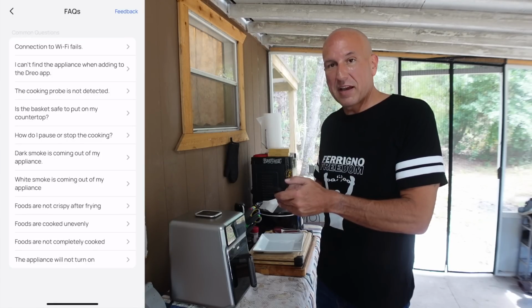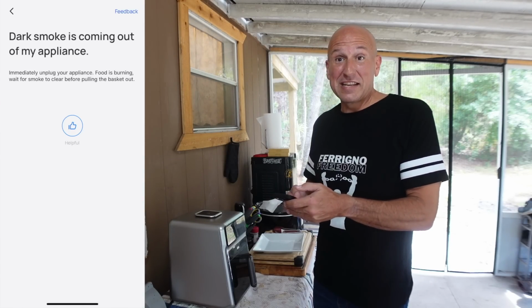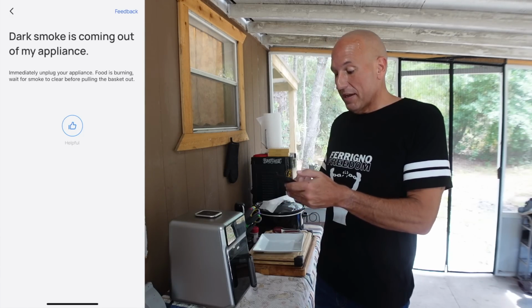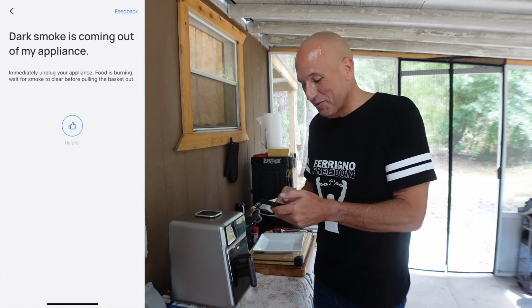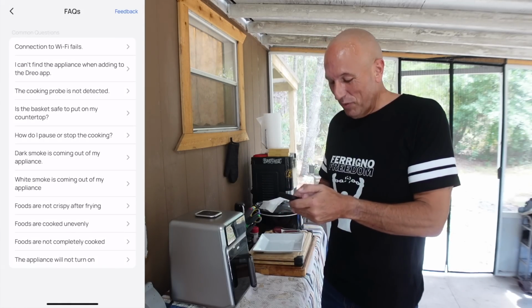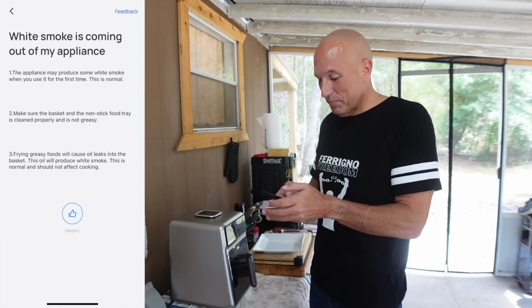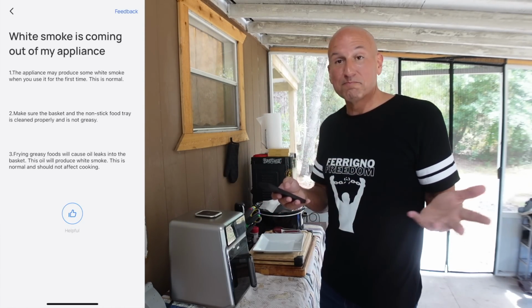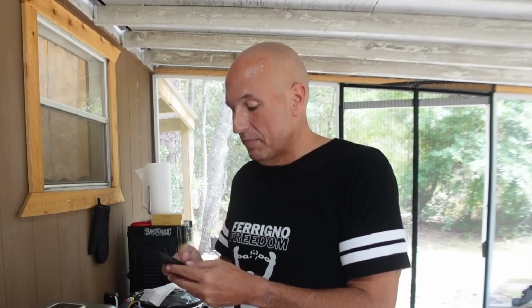Dark smoke is coming out of my appliance. I haven't seen any smoke come out of this thing yet. What does that mean? Immediately unplug your appliance. The food is burning, and wait for the smoke to clear before pulling the basket out. White smoke is coming out of my appliance. The appliance may produce some white smoke when you use it for the first time. This is normal. I never noticed any of that. Make sure the basket...